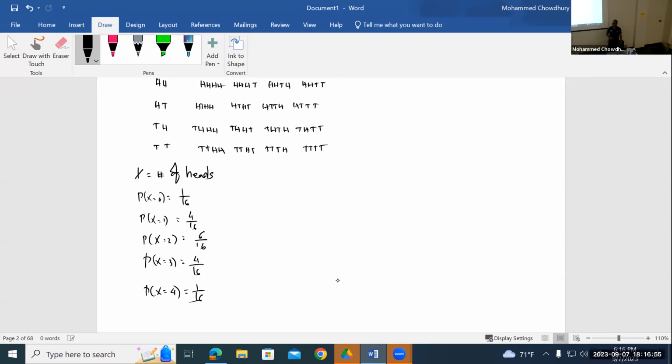Do you agree with that? X equal to number of heads, right? I can easily compute these things. Now someone is walking in the corridor. He said that, well, there is a 4 coin tossing experiment, so that is where you can find this probability. How can we find this probability if I want to toss the coin 10 times? If someone who is walking in the corridor, who listened to my lecture, asks me, he said that I want to toss the coin 10 times. Then his further question is, if you toss the coin 10 times, then that is the